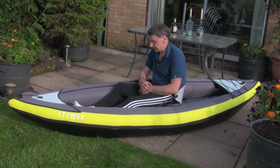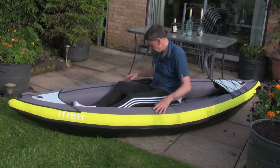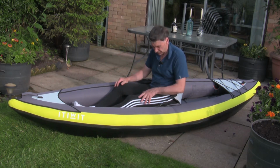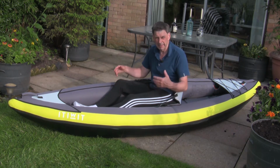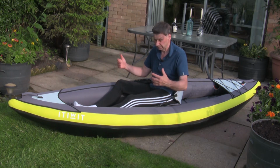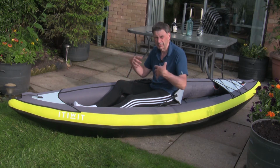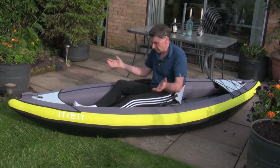If there are any downsides, I don't like the seat and the straps here, but that's just my preference. And I think they probably could have made a little bit better bag to store it in. I'm not sure about the bag, although I didn't mention that in the little review I did when I first looked at it. The bag actually doubles up as a bit of a rucksack, so you can carry it with the bag as well. Yeah, all in all,